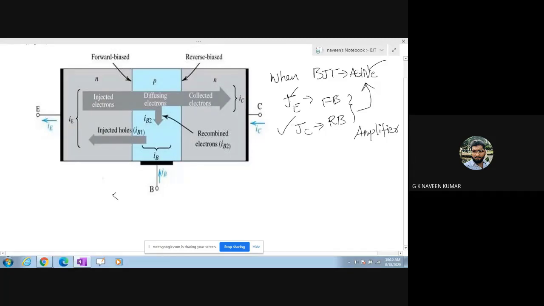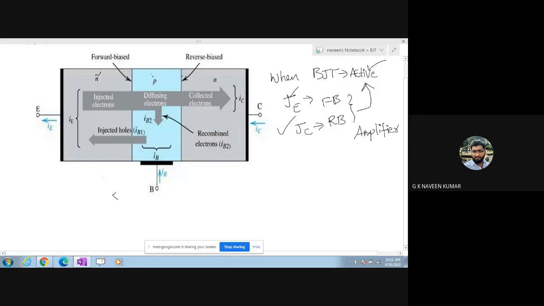So in order to forward bias junction JE, we have an NPN transistor here. In the N regions, the majority carriers will be electrons and the minority carriers will be holes. Whereas in P, it is the opposite. As we have already discussed, the width of the N or emitter region should be higher and the width of the base region should be lower, because it is just an intermediate channel between emitter and collector.